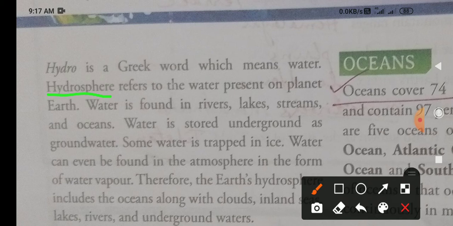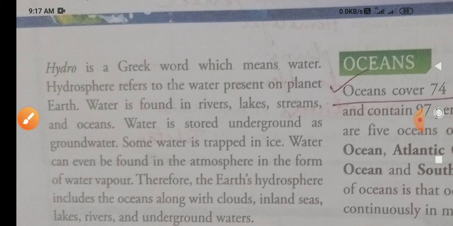So all the places wherever the water is found, altogether they are named as the hydrosphere, or the water sphere, or water region. Sphere means nothing but region. So the region which is occupied by water is called the hydrosphere. I think all of this is not a new thing for you. You can easily know about all this. Okay, now let us see.